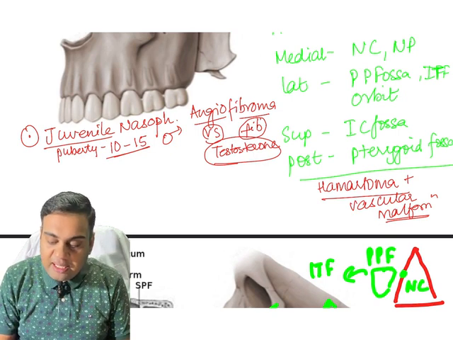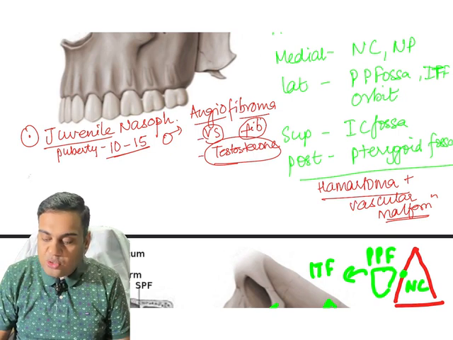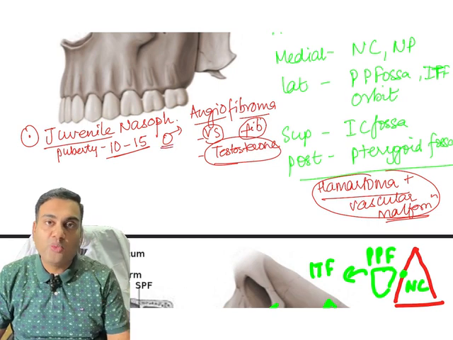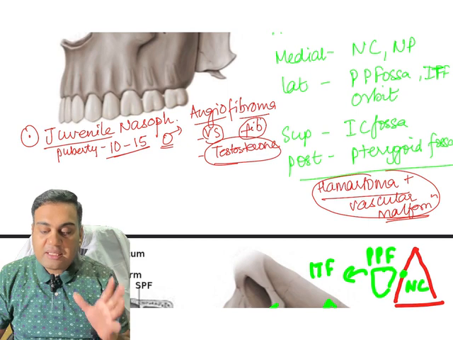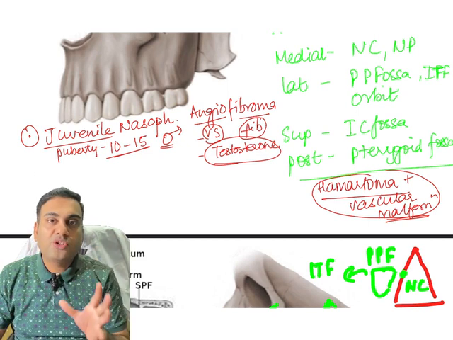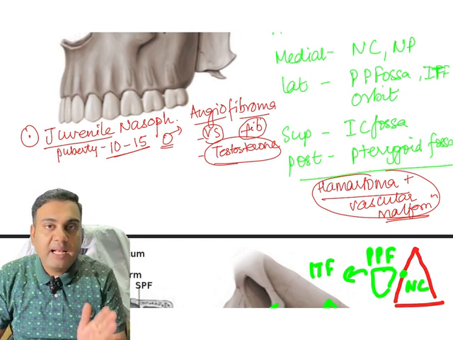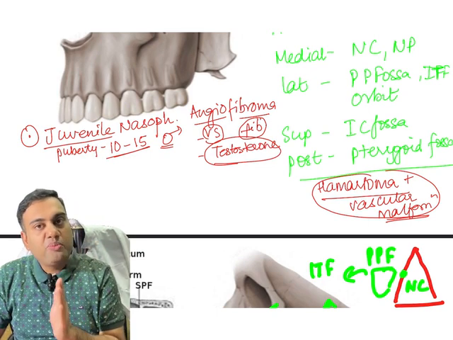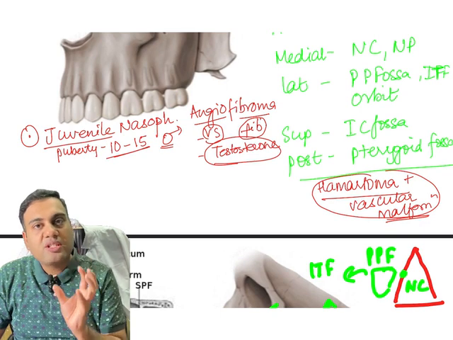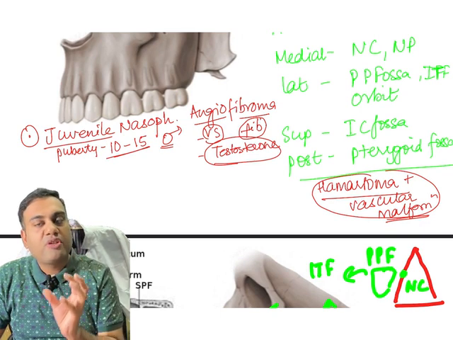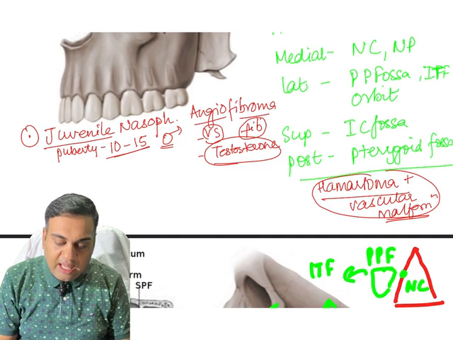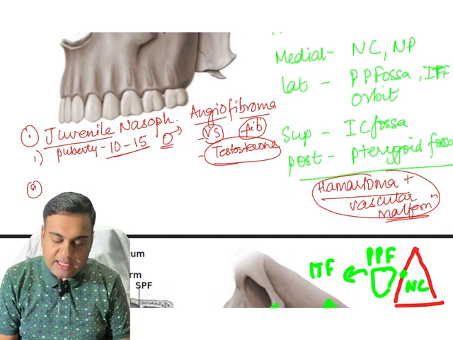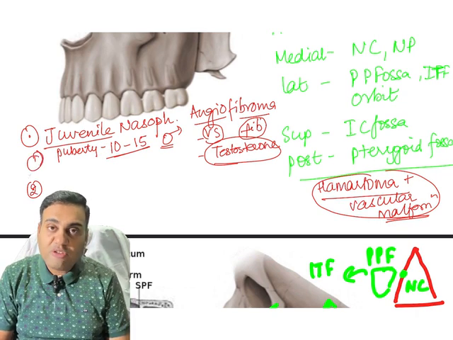So it is under the effect of testosterone and it is a vascular malformation, and that is why it is commonly seen in males at the time of puberty, right? So that is the most important thing that you need to remember, that it happens in males and it will have its peak during the time of puberty, and that is because it is a vascular malformation under the effect of testosterone. The second thing that you need to remember about this disease is that इसके जो वेसल्स हैं उसके